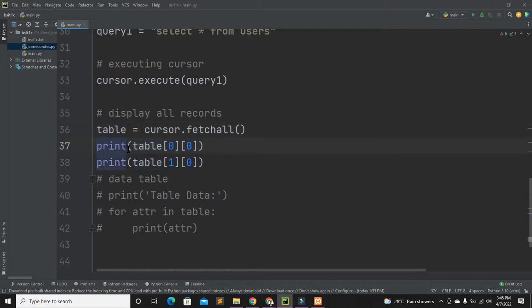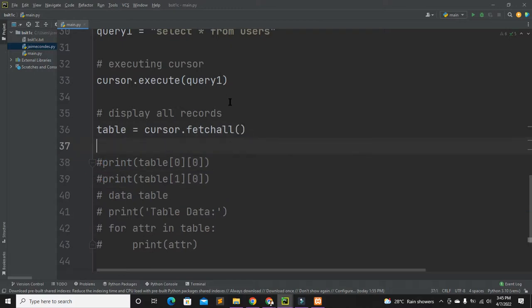So here, katong result nato nga naka-table din siya mabutang sa fetchall. And then we're going to get all the data from our execution,